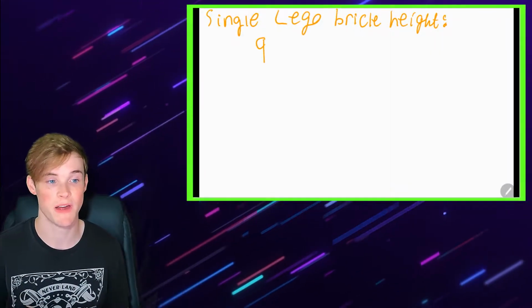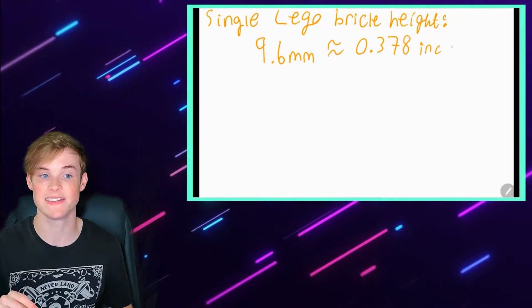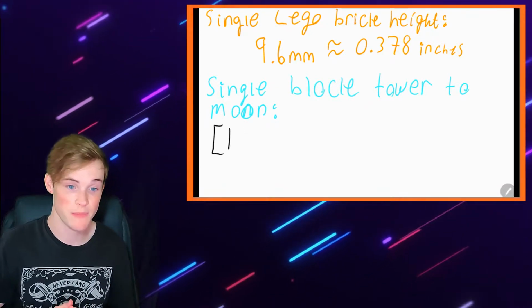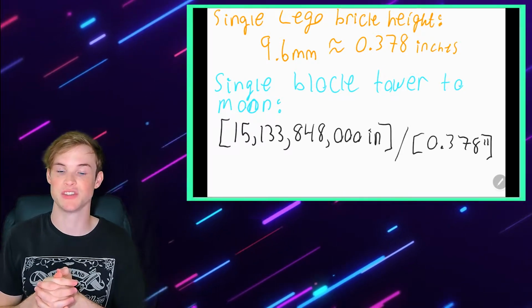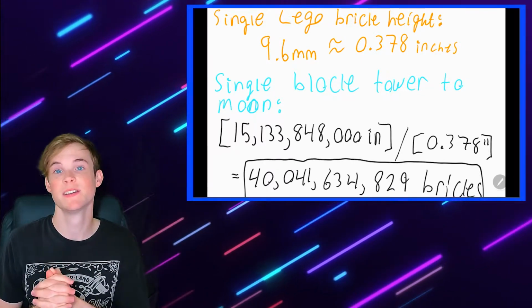So we're going to calculate a completely unrealistic tower, not that the previous one was very realistic, but now we're going to calculate a tower using only one 2x4 brick all the way to the moon. This is obviously ignoring physics and ignoring a lot of things. But the height of a single 2x4 Lego brick is 9.6 millimeters, which is 0.38 inches. So an estimation for the bricks used for a single block Lego tower to the moon is 15 billion inches divided by 0.3779528 inches, which is the height of a single 2x4 Lego brick, which gives us 40 billion bricks,